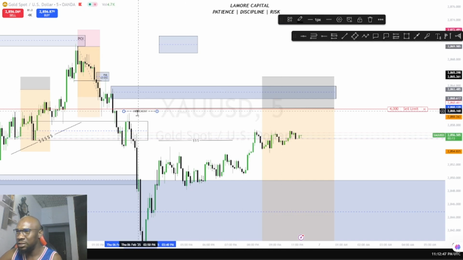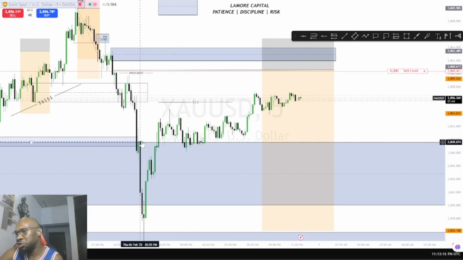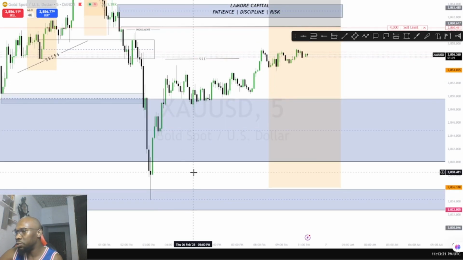After getting your break of structure, you get your order block. The next thing you're looking for is your inducement. So the moment this market here, I was in the trade already, and I saw this inducement. I knew that this candle is going to hold a lot of sellers here, so a lot of sell limits will lie there. So I saw this inducement. I expected it to react around here, but it still came down.